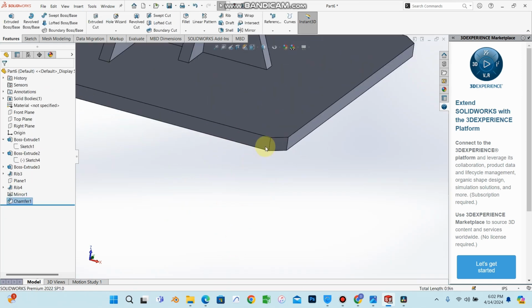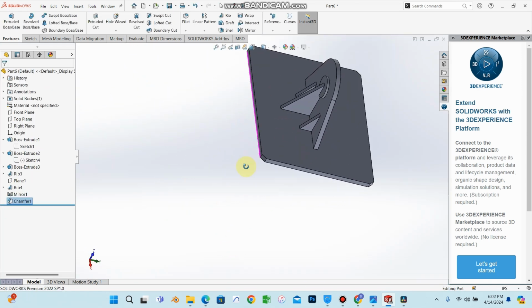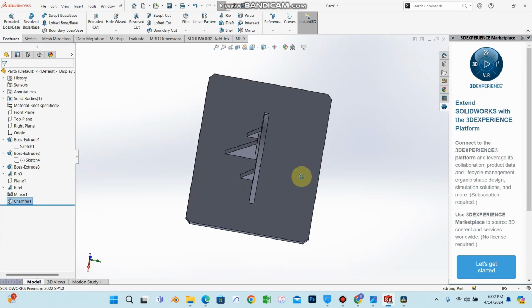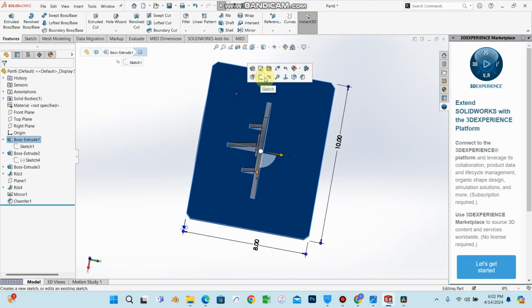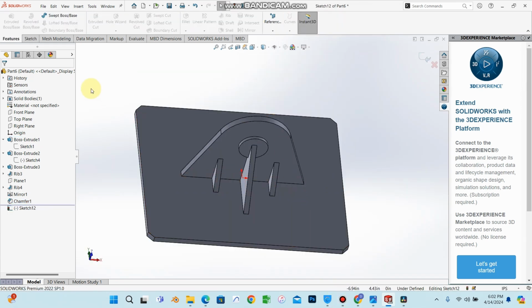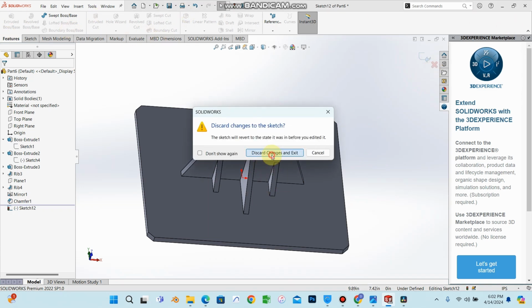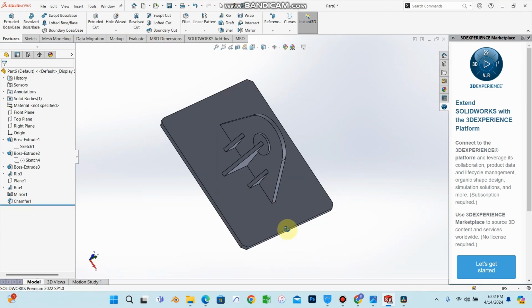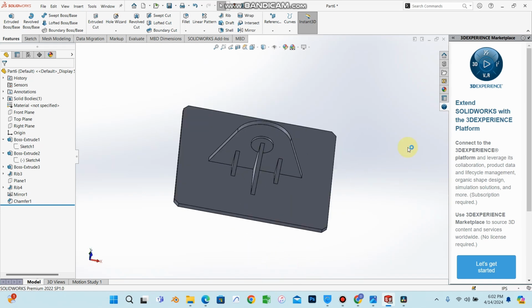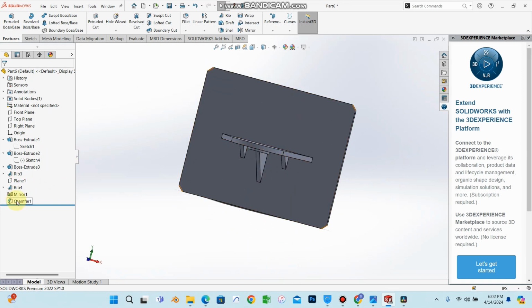So we are down. This is our chamfer. You may be asked to create holes here on this face. Don't click on the face. Just click on features first. Later we will click on the face. So features, make it this way, okay? Just click on the top view and then